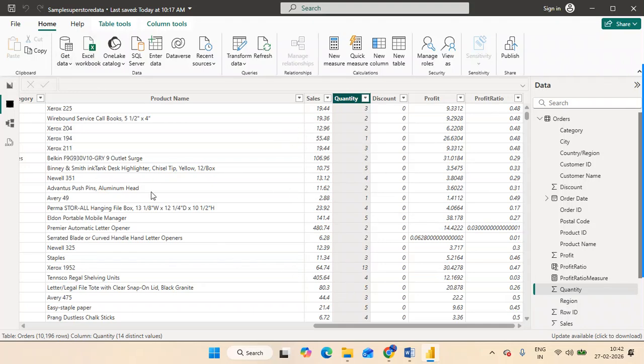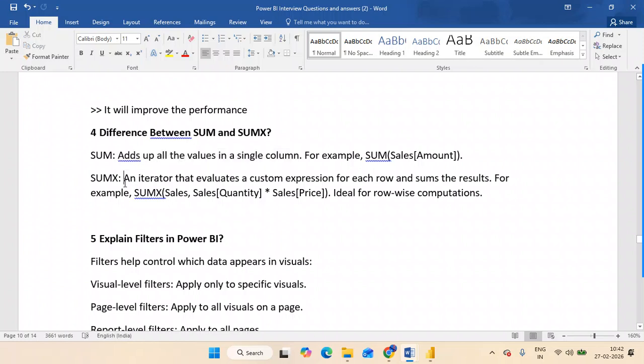Now that's how, if you want to generate it row by row, we can use the SUMX function. Simply put, it works on the row context and will generate a row-by-row value. Whereas SUM works on the filter context, and it will generate only a single value at the column level or table level. So that's what you have to keep in mind.